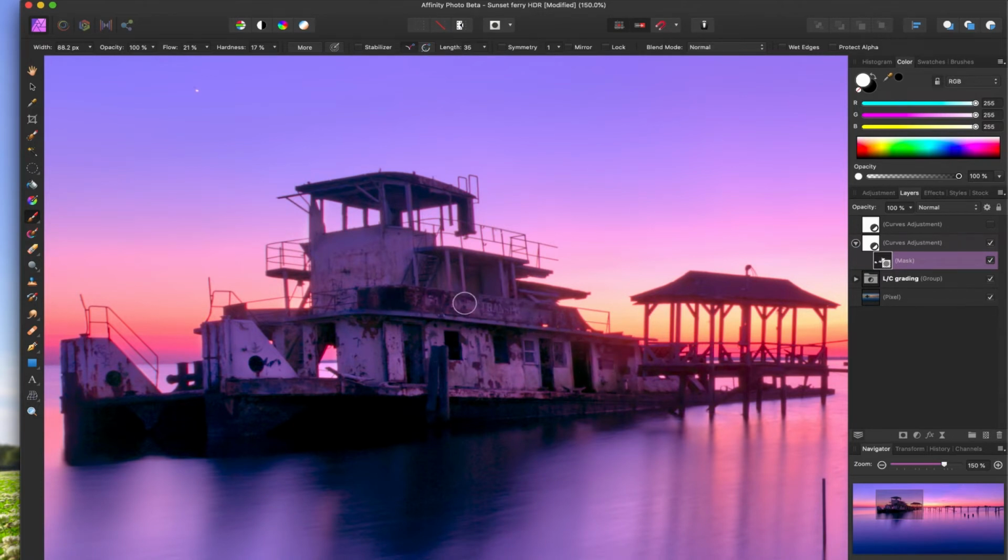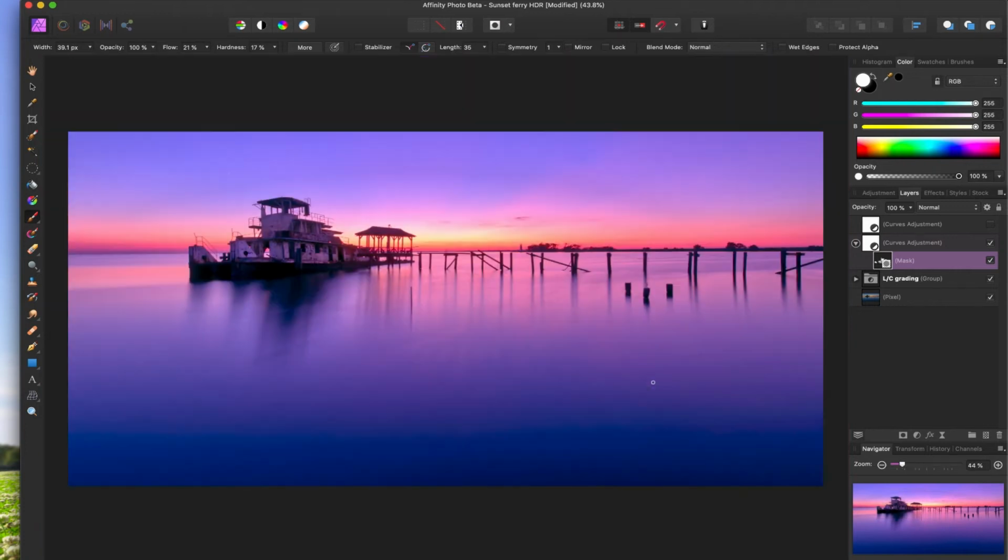And so I'm just gonna go over here pretty quickly. We're just gonna touch on this. Just recover some of this detail. And again, I recommend you use your brush setting 100% opacity, a low flow and a low hardness, and then paint in. So now if we hit Command Control 0, we get the whole picture in the frame, and we can turn off this layer, and you can see it makes a huge difference. So we can close that in and call it